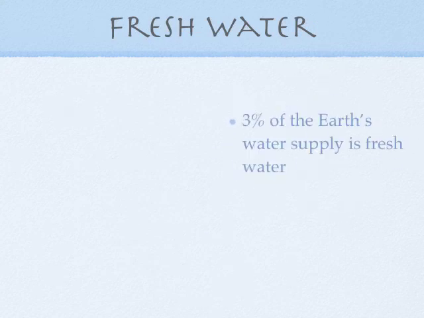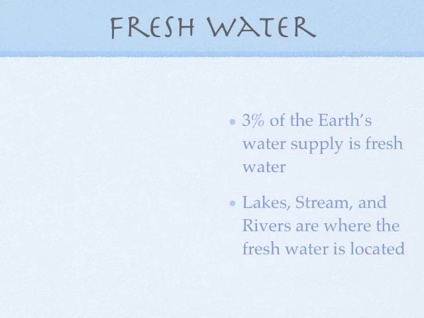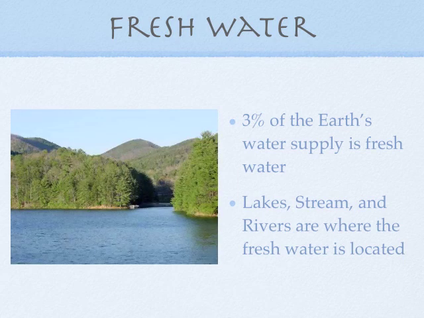Freshwater, 3% of the Earth's water supply is freshwater. These would be lakes, streams, and rivers are where freshwater is located. Here's a picture of a nice lake with some mountains and some coniferous trees. So we're talking Lake Ontario, Lake Erie, Lake Michigan, Lake Huron, Lake Superior, other lakes that